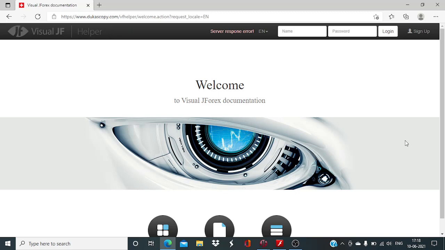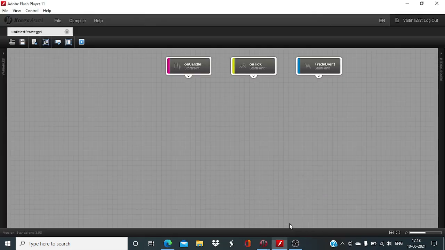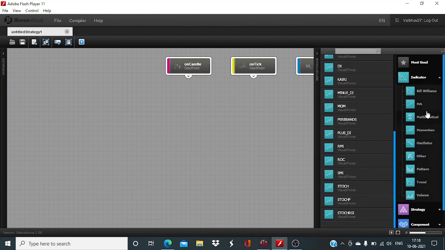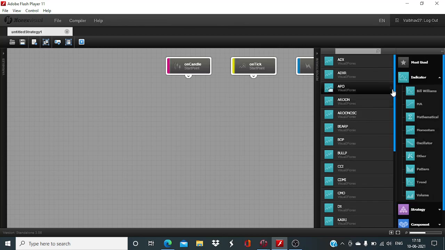In today's session of Visual JForex, we will be starting afresh with the new indicator named Stochastic Relative Strength Index, Stochastic RSI. We will see how we can design and develop the algorithm for trading purposes using this indicator block on the Visual JForex platform, which has been developed by the Dukascopy Bank SA. You will find this indicator listed amongst momentum indicators